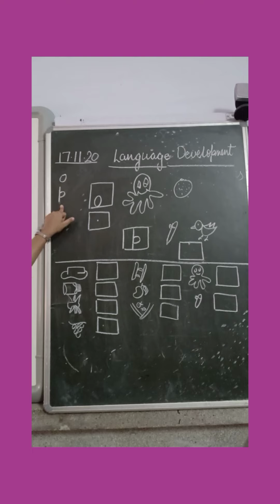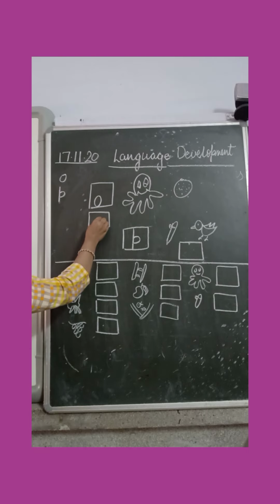Now ma'am will teach you how to write O and how to write P. Small O and P. Okay? Capital letters, so you all know. Right? So O is very easy, children. Mama will give you a box. Then she will give you a dot. Okay? And then simply you will make a circle here. This is small O. What is this? Small O. It's easy now?